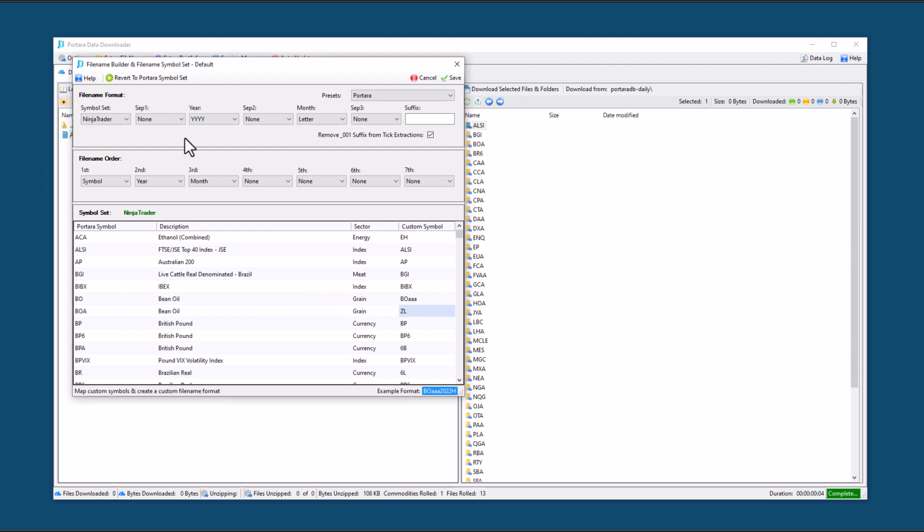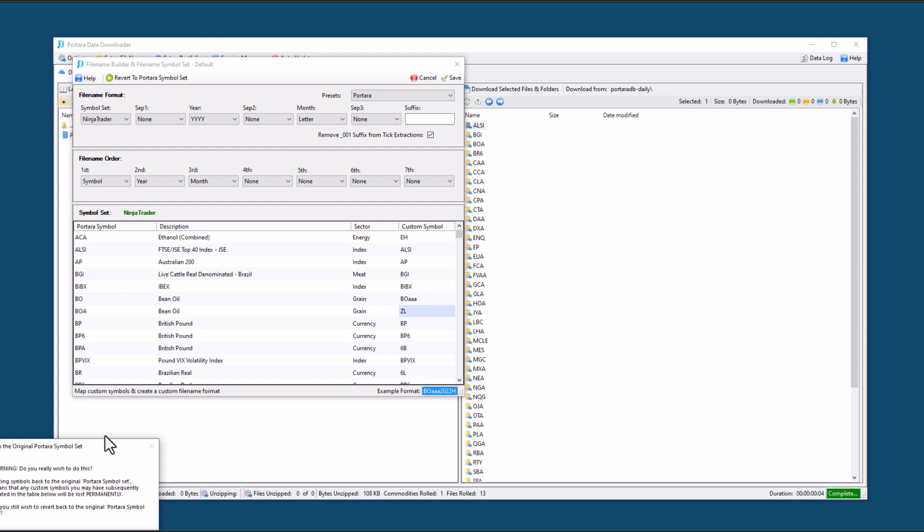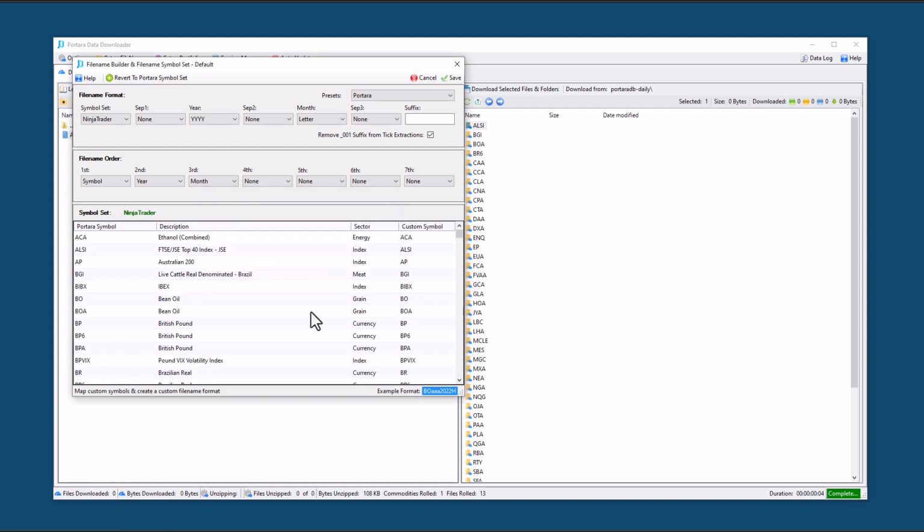If you wish to start again from scratch, there's a revert to Portara symbol set. You click that and accept the message, and it will be back to what it was originally for you. And notice that the example format down here, if you make changes, it will show you what that is in each and every case, so that you are aware of how the file name format will appear when you run